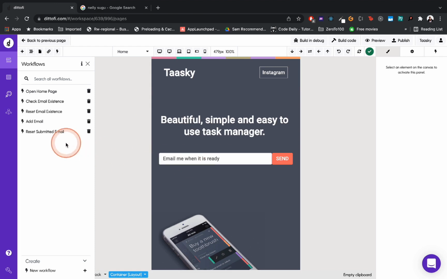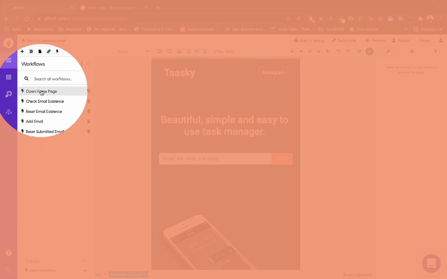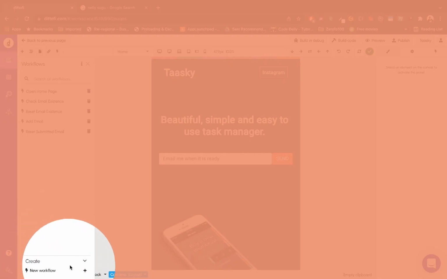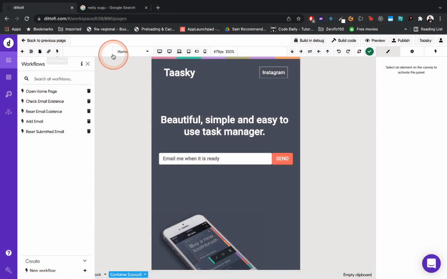And for those of you that are versed, all these workflows behind the scenes is just JavaScript interactivity and adding JavaScript dynamic features into our application. To create a new workflow, you guessed it, you go to create new workflow. Next, I'm going to focus on this other half of this part. What are these icons doing? What are those icons doing? And what in the world is this piece right here?